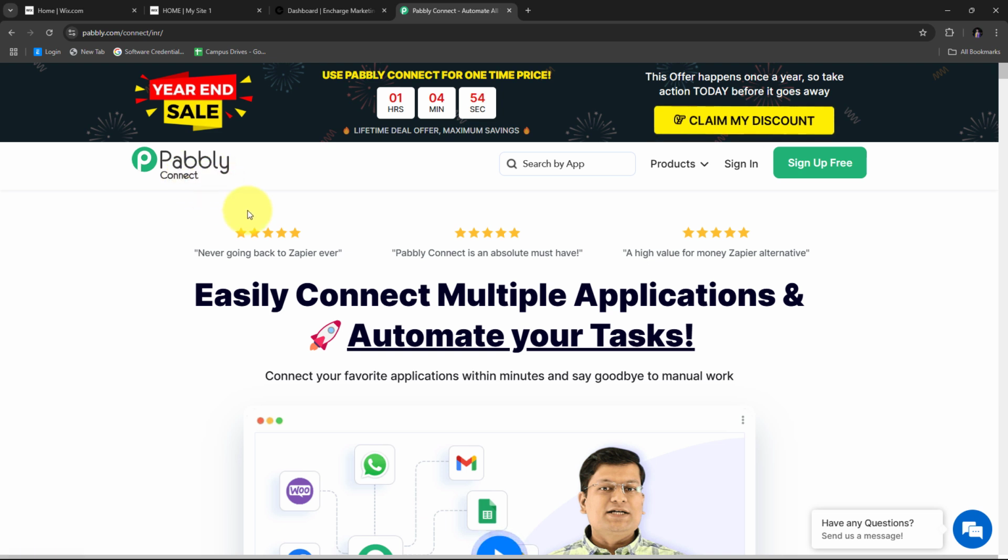Now here in the landing page, I have these two options of sign in and sign up for free. If you don't have any account with Pabbly Connect, then you can just click on this sign up for free button, and it will take only 2 minutes of your time and you will get 100 free tasks every month. Or if you already have an account or you are an existing user, then you can just click on sign in